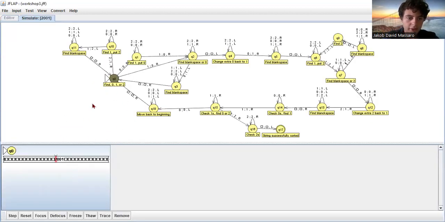What this will do right away is, upon reading the 2, we have our condition right here where it'll see a 2, put down a 1, and move to the right. So we put down a 1, and then we'll keep walking to the right past the 0s and the 2s until we find the next 1 to change into a 2. So we find that 1, put a 2 down, and then